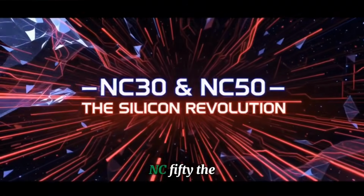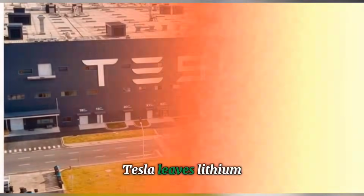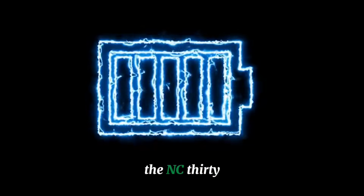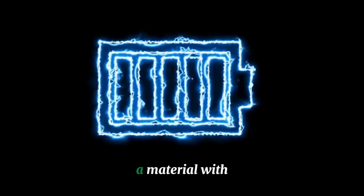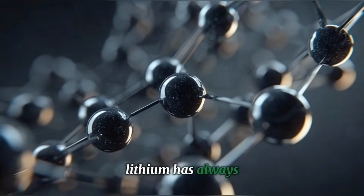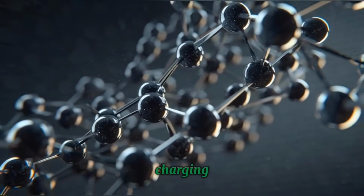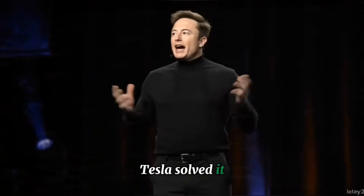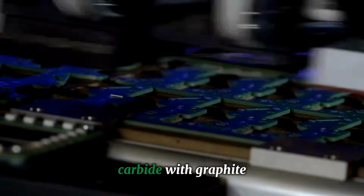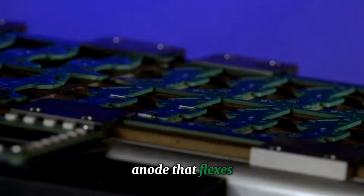NC30 and NC50, the silicon revolution. This is where Tesla leaves lithium in the past. The NC30 and NC50 use silicon carbide anodes, a material with 10 times the energy capacity of graphite. Lithium has always relied on graphite because silicon expands and contracts during charging, cracking the battery and killing its lifespan. Tesla solved it. By mixing silicon carbide with graphite, polymers, and carbon nanotubes, they created an anode that flexes without